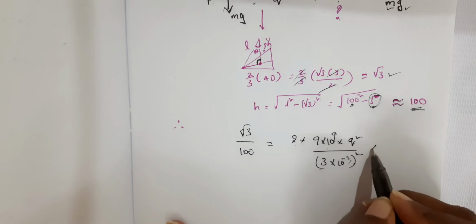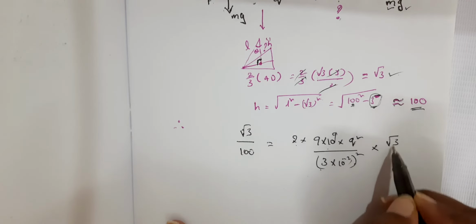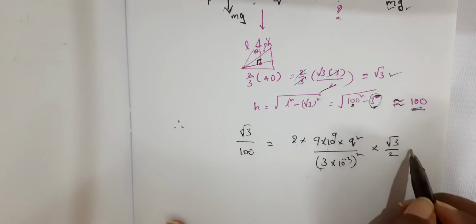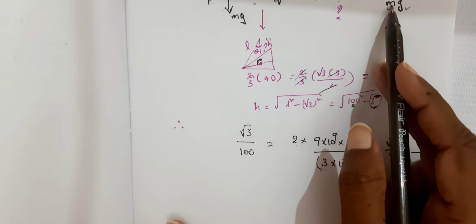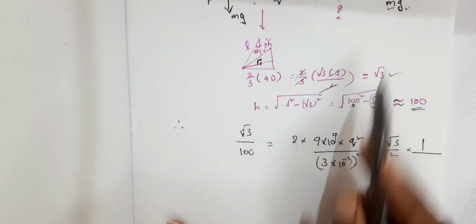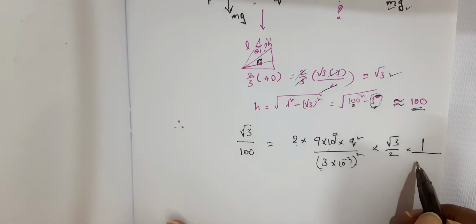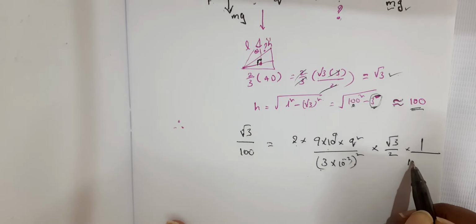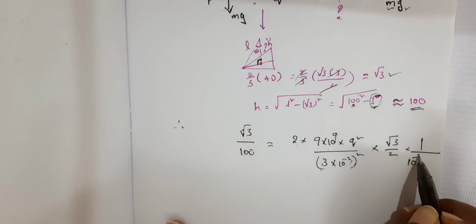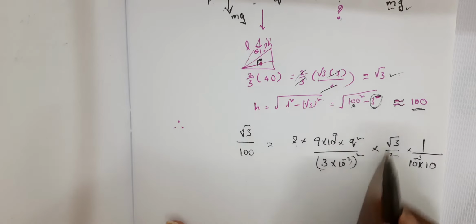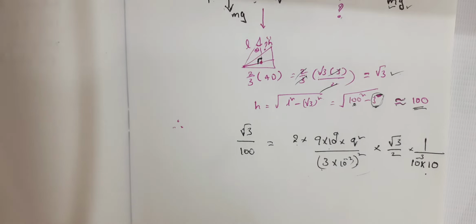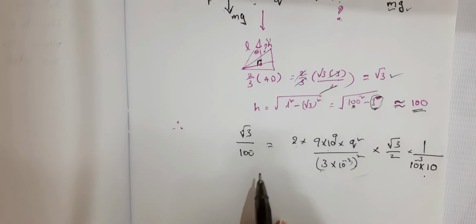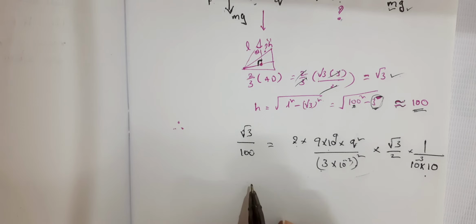Now cos 30. Cos 30 is equal to root 3 by 2, right, into 1 by mg. M is equal to 1 gram given. G is 10 meter per second square. So m is 1 gram, 1 gram in the sense 10 power minus 3 kilogram, right, into g which is 10. So we converted everything into SI units so that we'll get the charge in coulombs. Okay, right. So therefore now simplifying further, we will get q square is equal to,